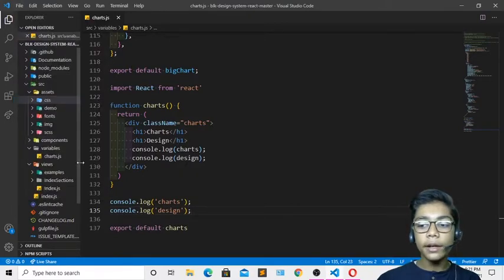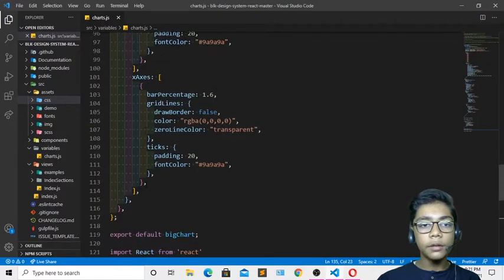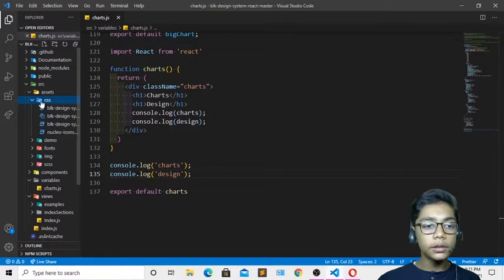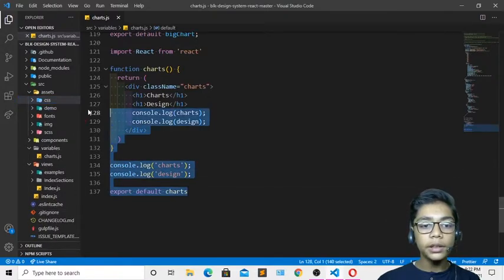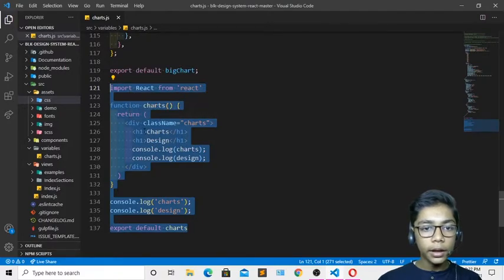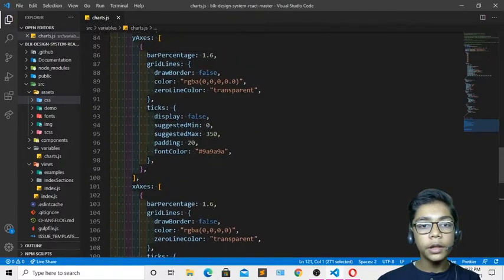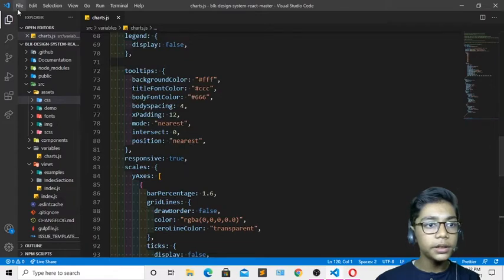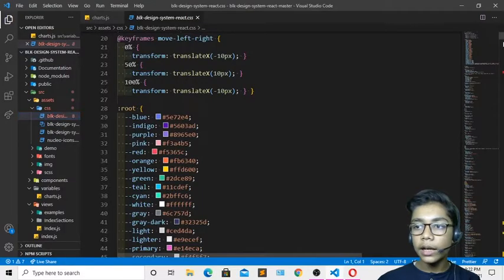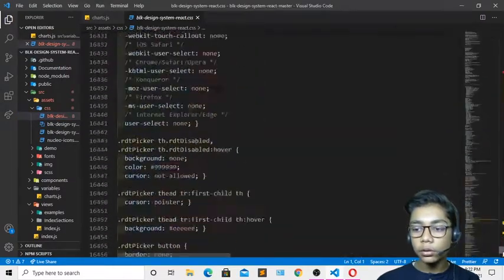I'll be hitting save, and now here you have to do nothing, just wait. So here it will be generated. Now you have to go to your CSS file. First of all I'll be doing one thing, I'll be selecting this. So just select this, and here I will be copying this. Now when you've done all that, I'll be hitting save. Then you have to go to your CSS file. Now go to that, and here you have to go to the last line which we just made. So just go to the last one.